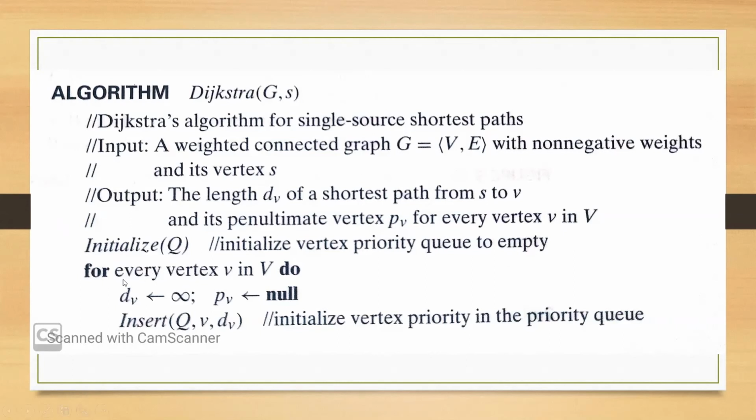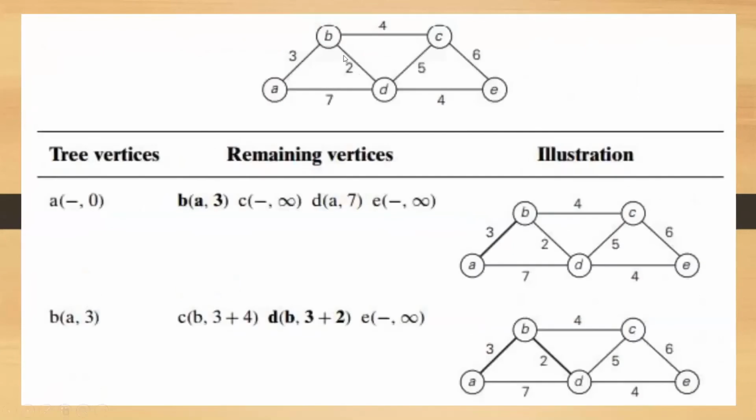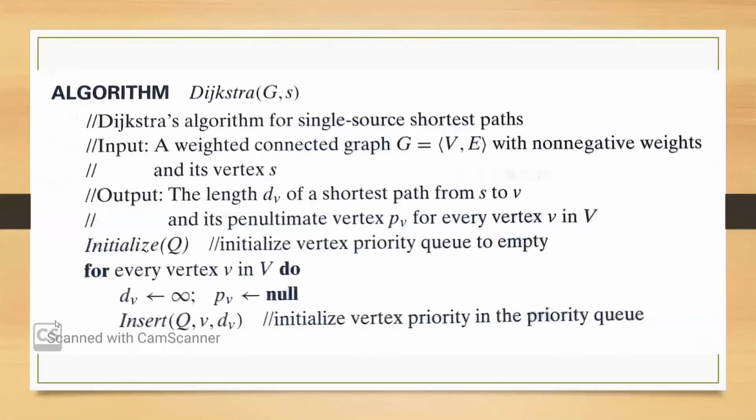Now, how many times does this code have to run? It has to run for V minus 1 times, which we will see later. This for loop tells us, for every vertex v in capital V, what you have to do: distance of v is equal to infinity. As I told you while explaining, we assume that the distances of all the vertices are set to infinity. That is what we are setting here.